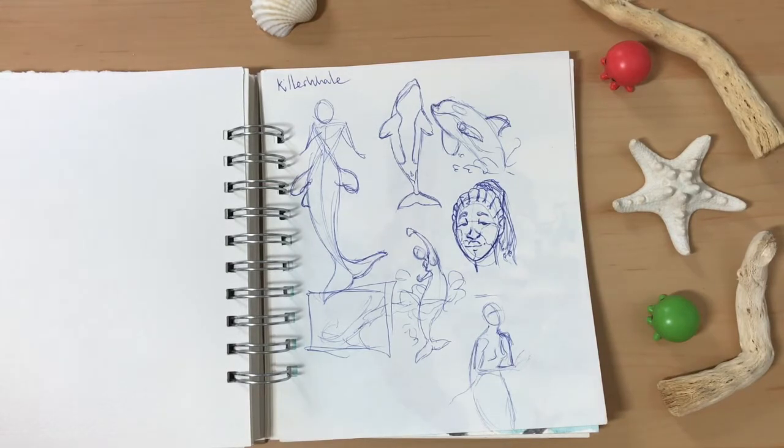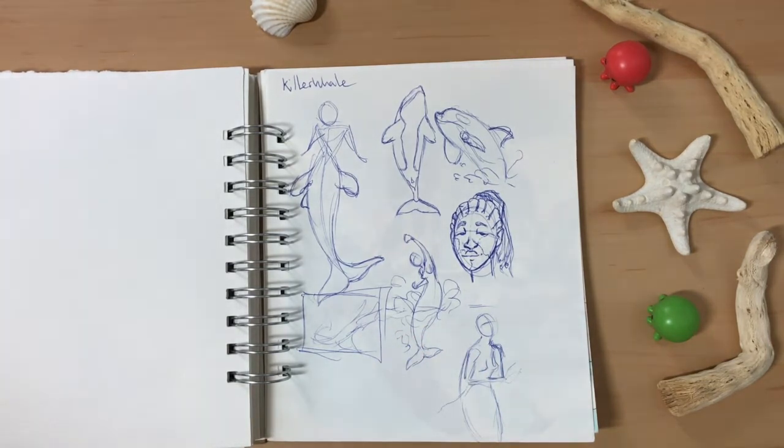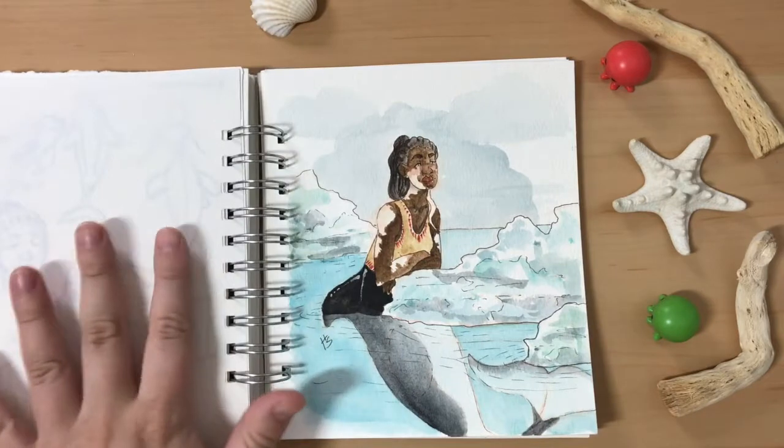And we have a killer whale mermaid. At first I was like, let's go for an action pose, let's have her crashing through the ice. And then I was like, what's her motive for crashing through the ice, except to hurt her fist? So I decided to give her a very neutral pose and just have her kind of chilling out on an